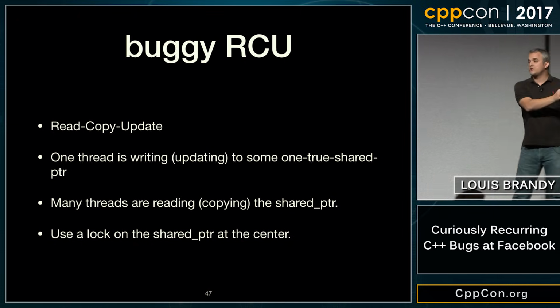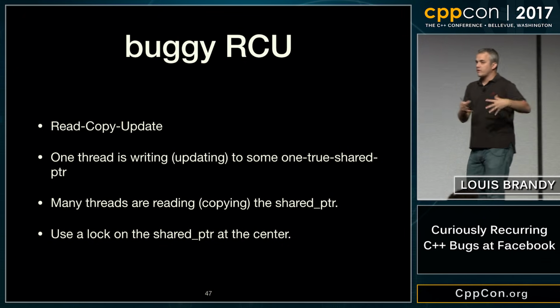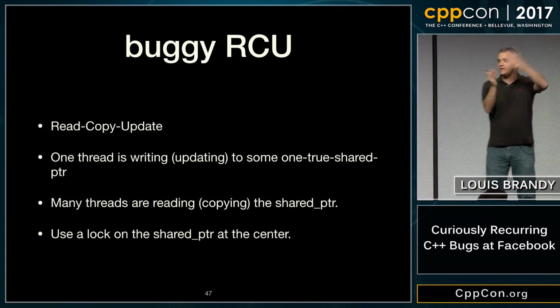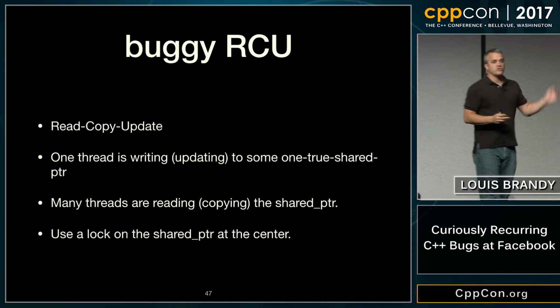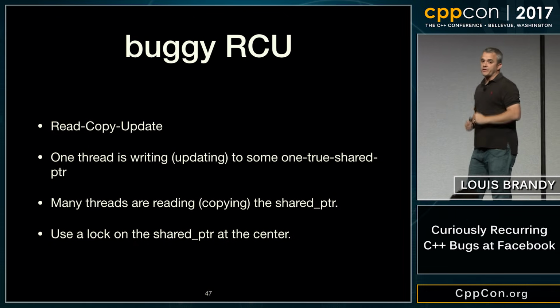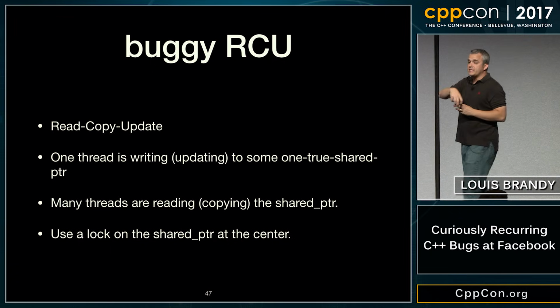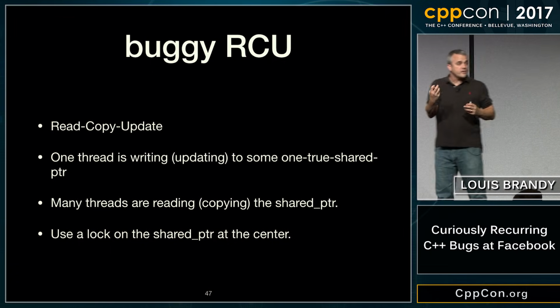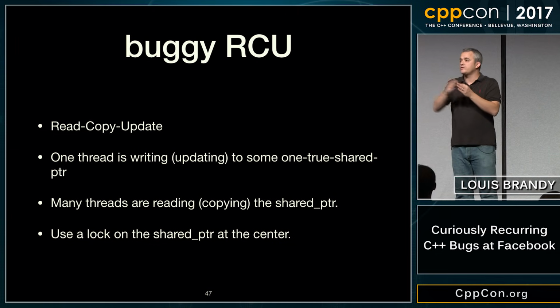You have one thread who's responsible as the updater. So one thread wakes up every 20 minutes or whatever, goes and reads some database, populates some in-memory efficient version of whatever's in the database, and then stores that into a shared pointer as the one true most recent state in the universe. The worker threads go into that one true shared state at the start of their response. They pull one out, grab a reference count to it, and say, okay, I'm going to use this state of the universe for this request.